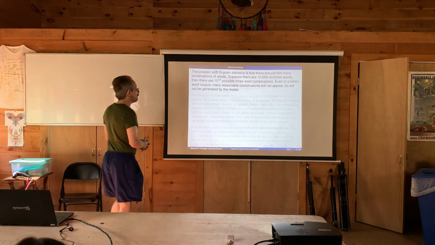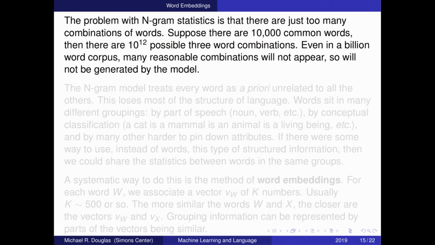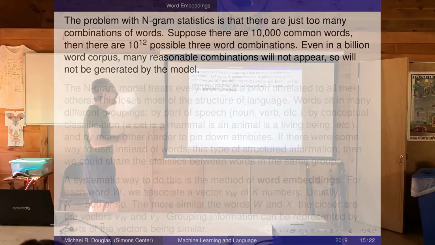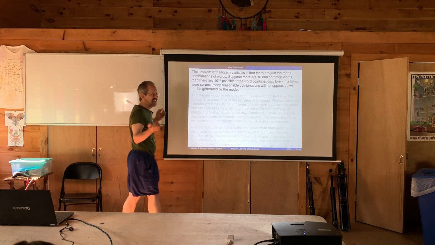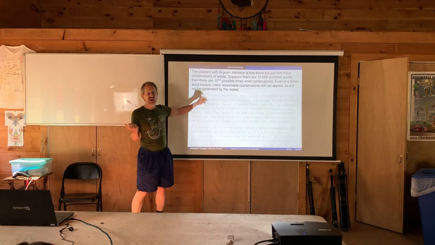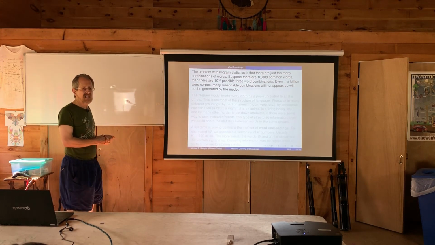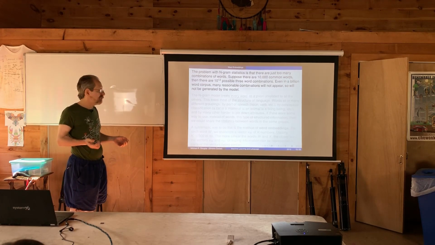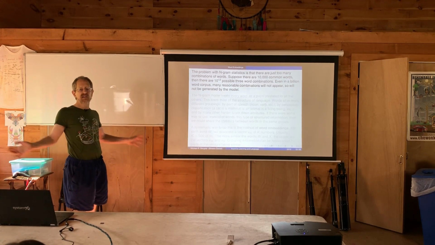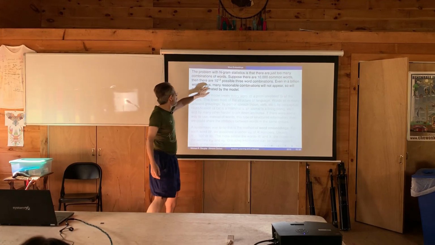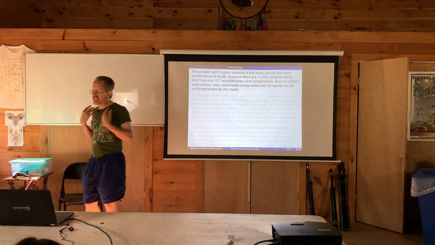There's another more technical problem, although a very deep problem as well, which is that once you start using these n-grams, everything becomes rare. Let's say there are many fewer than 10,000 common words. 10,000 words will get you very far, but already there would be 10 to the 8 bigrams and 10 to the 12 trigrams, and we're not going to get text with 10 to the 12, a trillion words in it. So most of the three-word combinations won't appear, just because there are so many possibilities and any given text is finite.